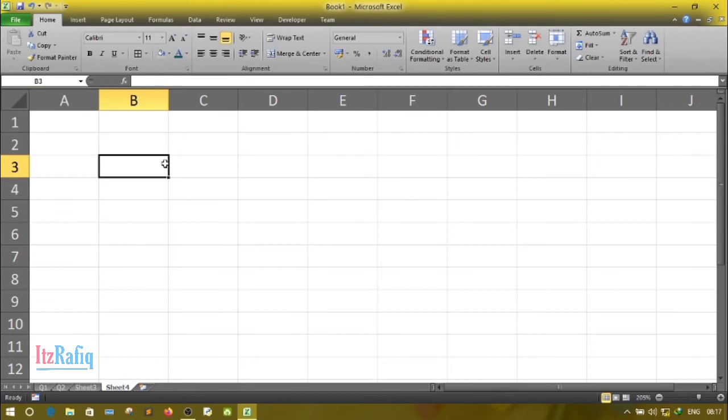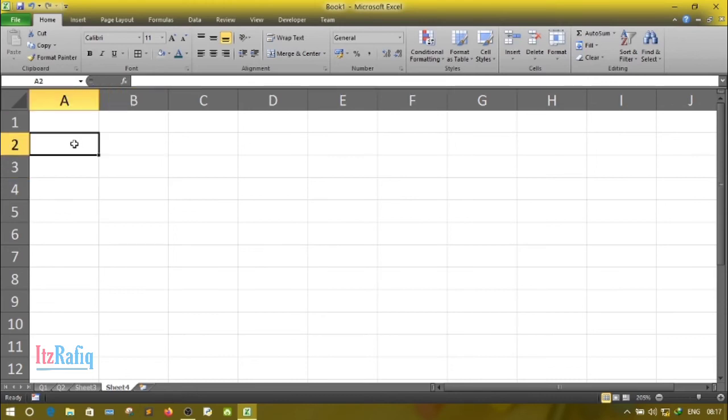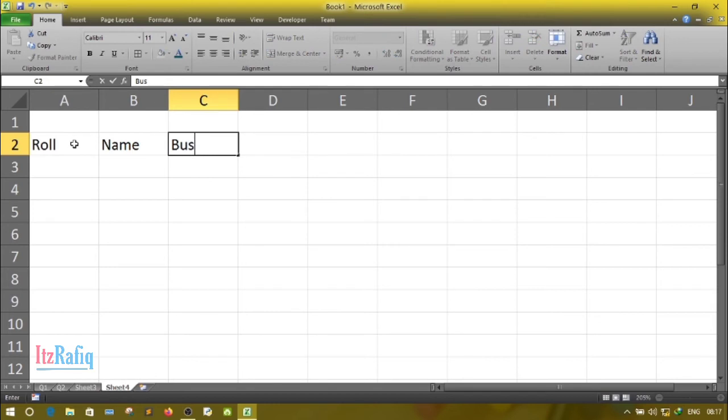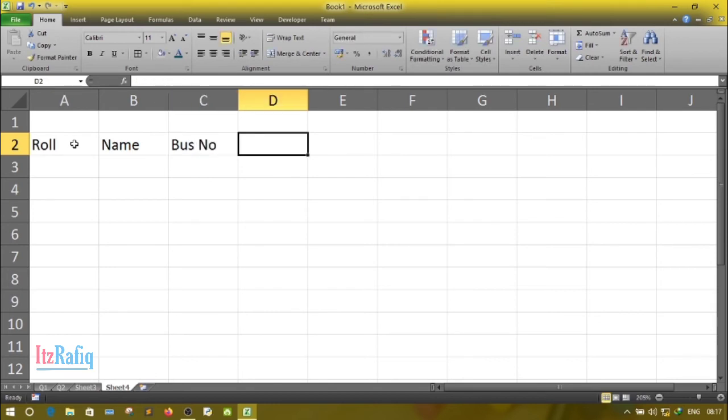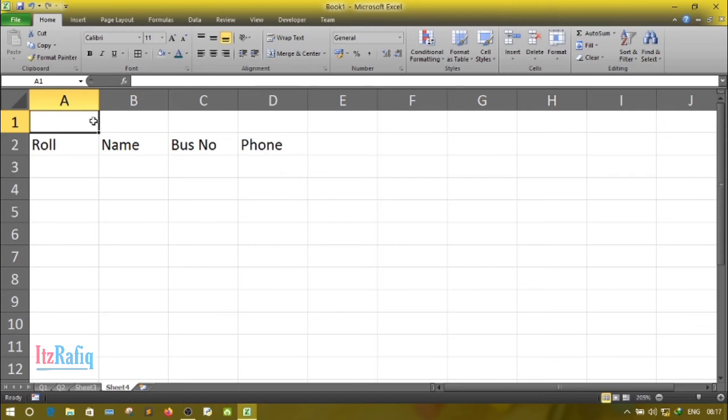So first we'll write the column heading names. Suppose roll number, name, bus number, then phone number. And at top we'll combine the cells and write the class name. Merge and center, suppose class 9.